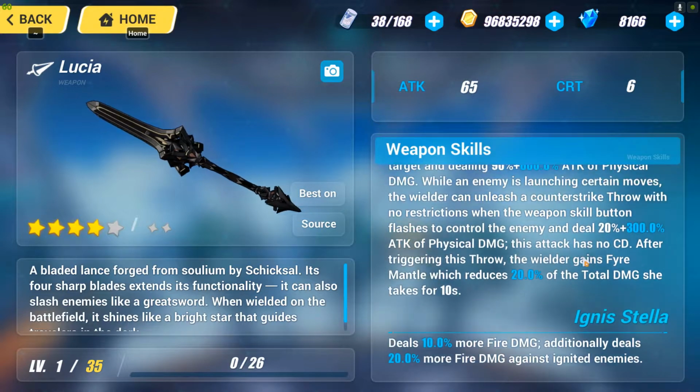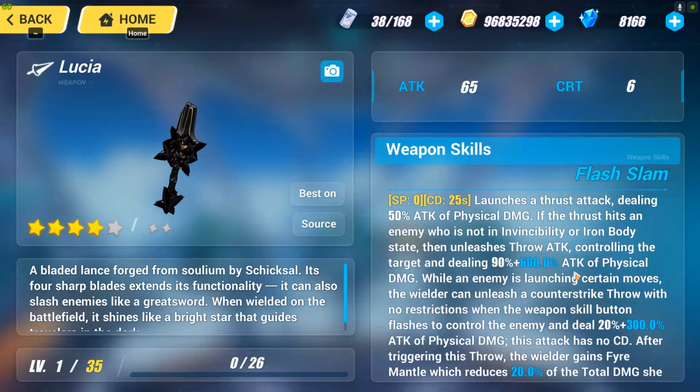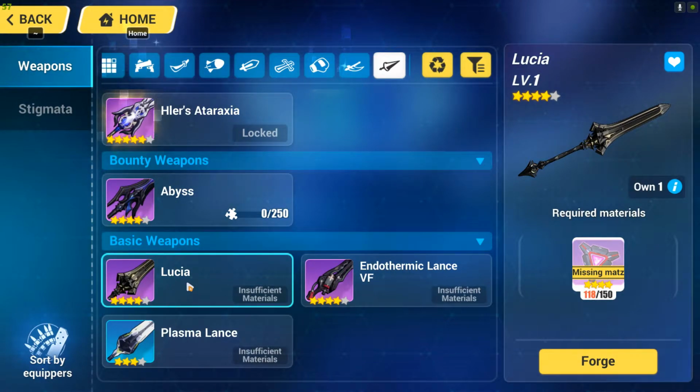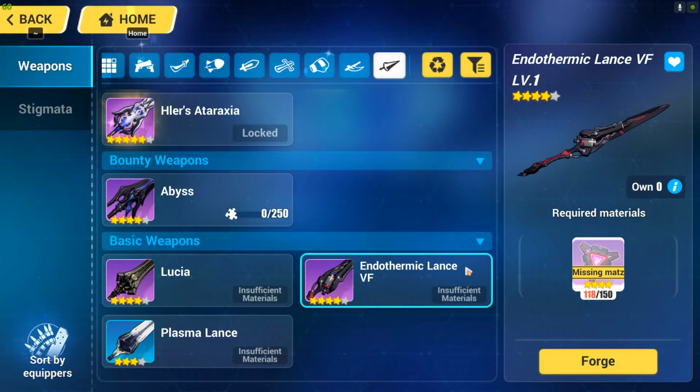So basically speaking, if you want to do a large quantity of physical damage dealing at the beginning part of your gameplay by using, let's say, physical damage dealing Durandal, then I suggest that you stick with this Lucia. Okay, now if you want to do a certain amount of fire damage and a large quantity of physical damage dealing, then this endothermic lens is a very good option for both of the fire damage dealing